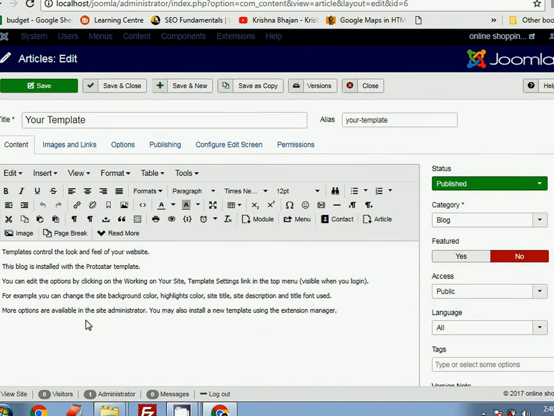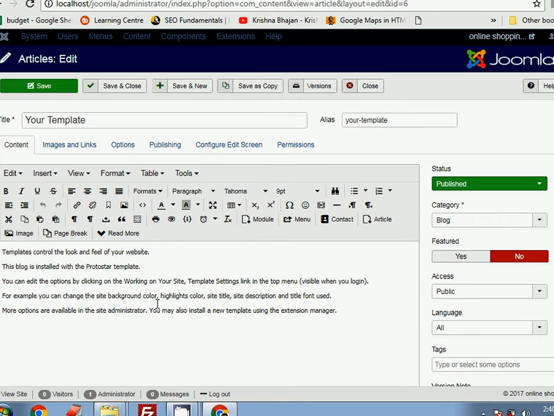So I have to first check out this particular article. Once I am finished, then I have to check in. So basically it also gives an option so that the work you are doing is not overwritten by some other person. Once you are done, then you can give it to the other person.